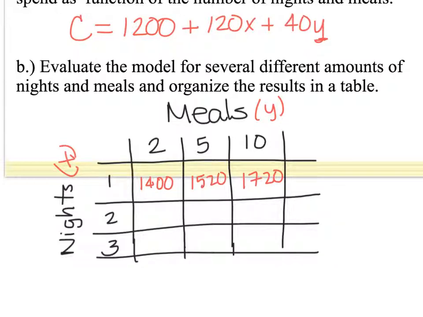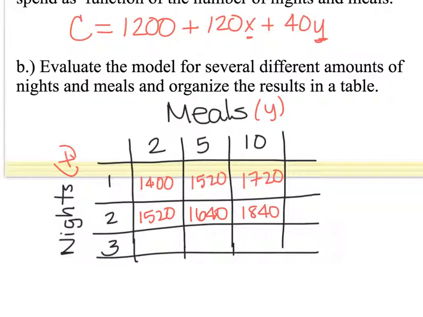If I stay 2 nights, I'm plugging a 2 in for x, and I'm going to start out with 2 meals, so I plug the 2 in for y, and that gives me $1,520. If I stay for 2 nights and 5 meals, I'm going to spend $1,640, and 2 nights with 10 meals is